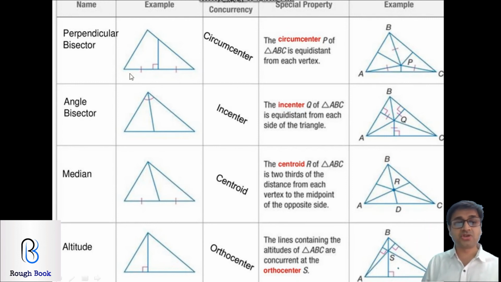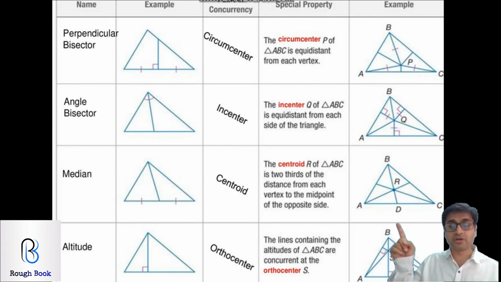The second one is your angle bisector. So IA, Indian Airlines. Incircle is I, A is angle bisector. So when you want an incircle, you are going to draw angle bisectors. Since it's an incircle, the point of intersection of three angle bisectors where they meet will be called the incenter. Are you getting it? The third one, right up over here, is the median. Median is a line which goes and intersects the opposite side at the midpoint. When you see three medians like this, the point of intersection is called the centroid. Can you see right over there the centroid for this triangle?